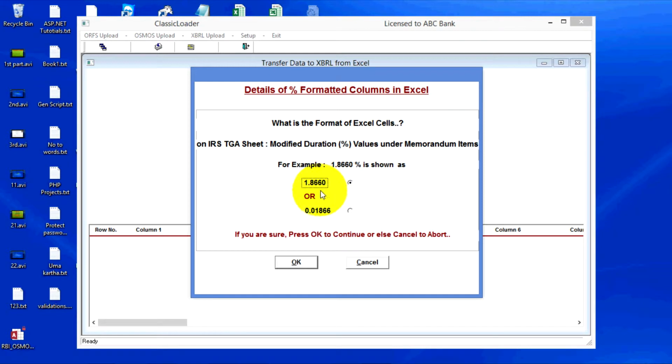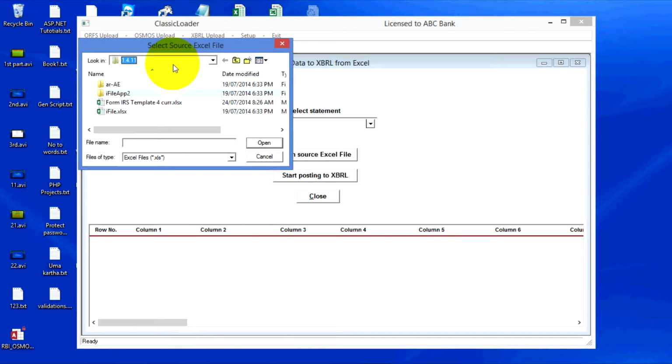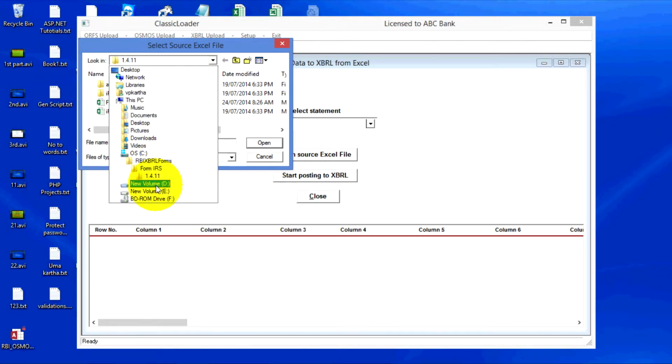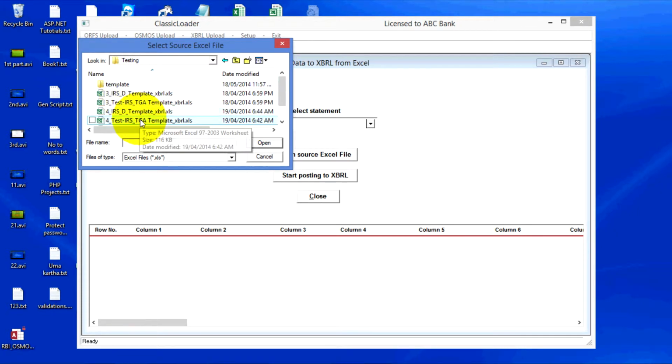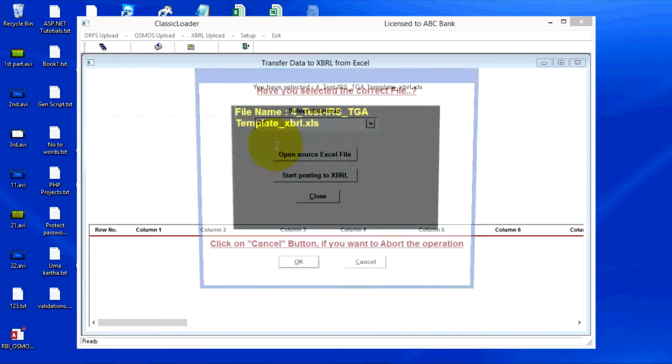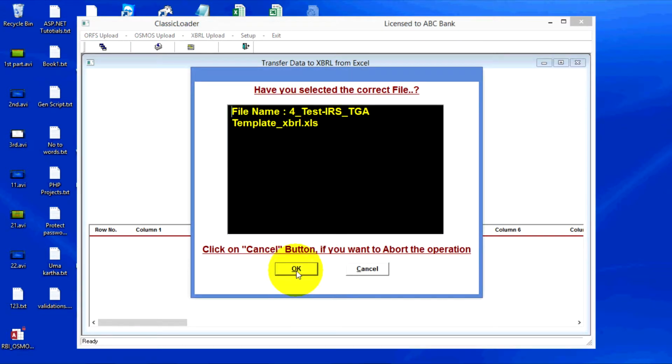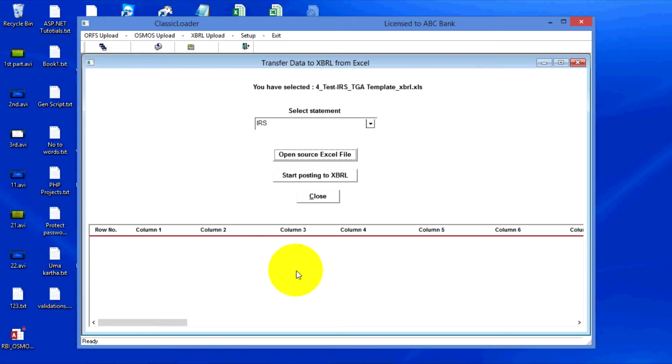This is the modified duration. How have you represented the modified duration? Is it in percentage or in actuals? Accordingly, you select either of the two and say OK. Now you have to go and select the input file. I have got the input file for TGA. I am opening it. It's asking whether you have selected the correct file. I say OK. That file will get opened,